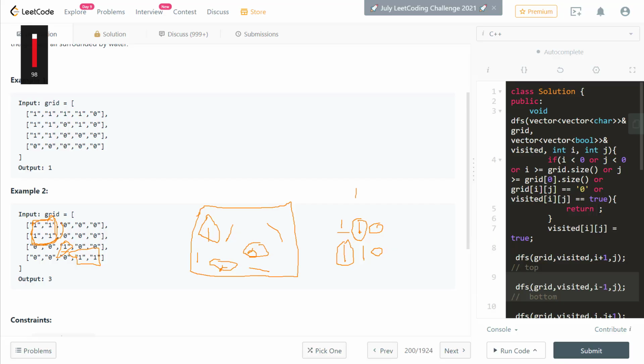So it is going to be true in our visited array, and then from this point we know that this is also a connected adjacent vertex, so we are going to make this one also part of the island. And now we see a 0, and 0 doesn't come into a part of the island, so we just ignore it, or we just stop our DFS traversal. Then we get to know that this is the only part which is the land, and this is going to be our island. So let me explain this logic using the code.